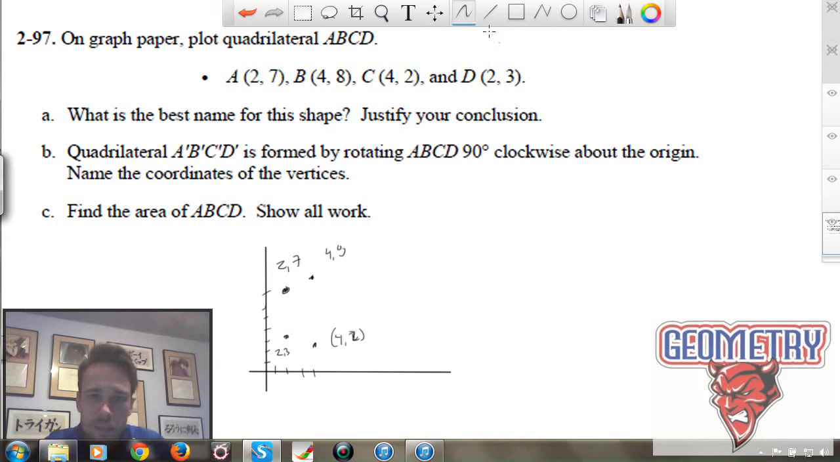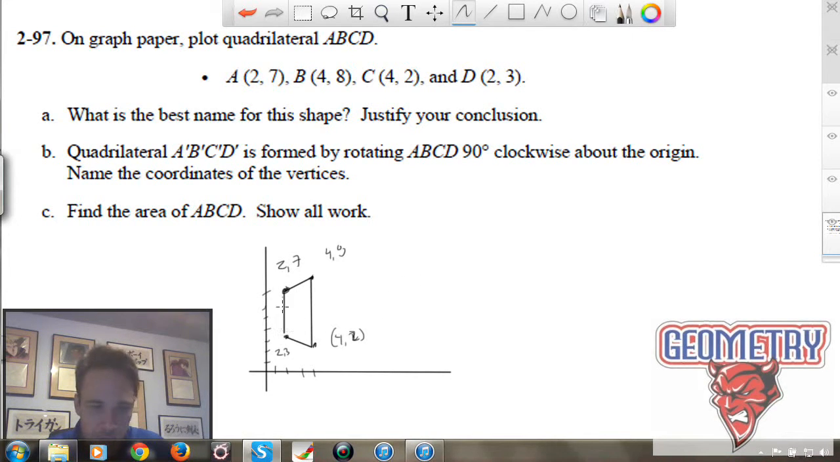Okay, now when we connect these points, we get something that looks weird, something that looks like that. At first glance, I'd say, hey, it looks like a trapezoid, right? So what is the best name for this shape? Justify your conclusion. Okay, well I can justify my conclusion, and that's a trapezoid, because there is one pair of